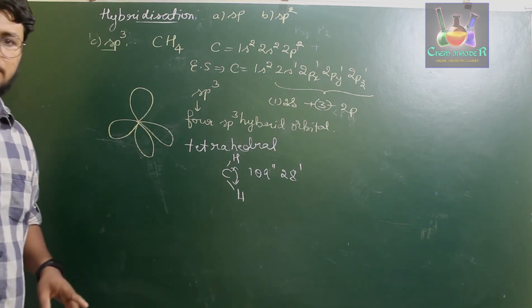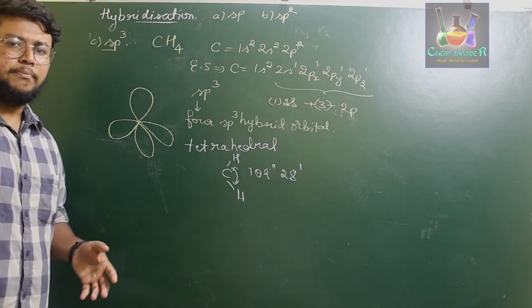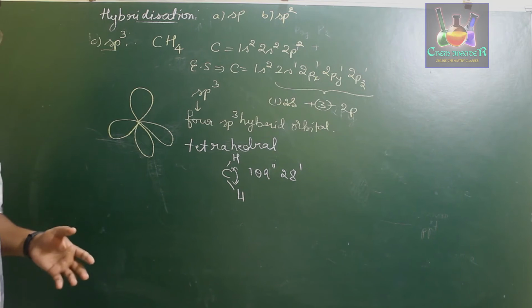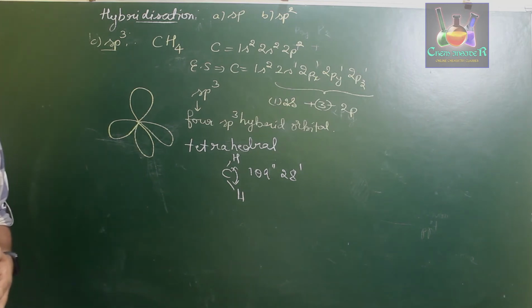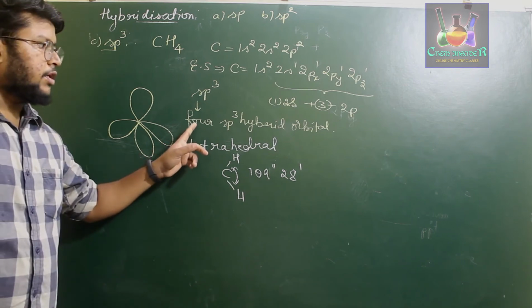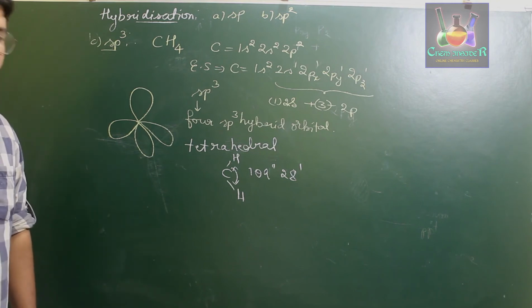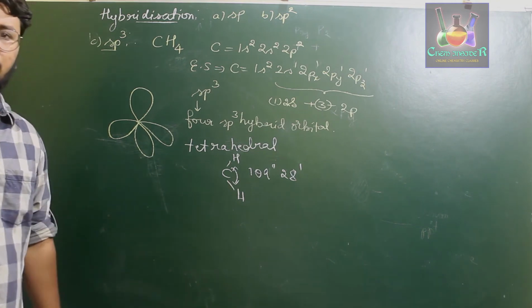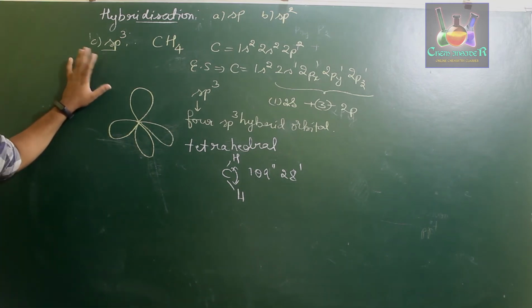In the valence bond theory, if you consider the lobes overlapping, we said that the bond angle would be 90 degrees because it might be forming a square planar geometry. But due to the presence of 4 sp3 hybrid orbitals explained under the hybridization concept, these lobes will be present at a bond angle of 109 degrees 28 minutes. So this is about the sp3 hybridization.